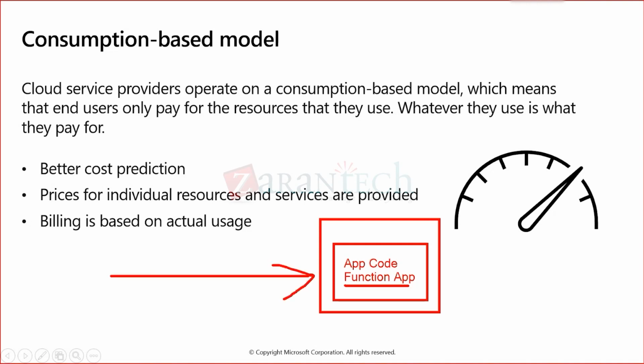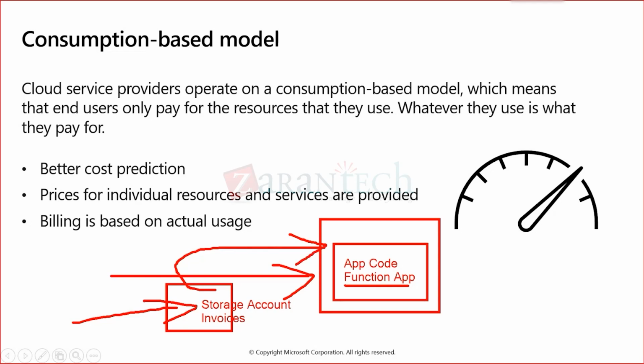So when something triggers this, how will it trigger? Let me give you a very simple example. You have a storage account and you are uploading some invoices here. When you upload invoices, this is called a blob storage trigger. This blob storage trigger will execute the function app, and whatever business logic or application code is written by your developer team gets executed. It will process your invoices or tenders, do some optical character recognition, or extract key-value data, or whatever logic you have. It will extract that information from all the uploaded invoices and store it in a SQL DB